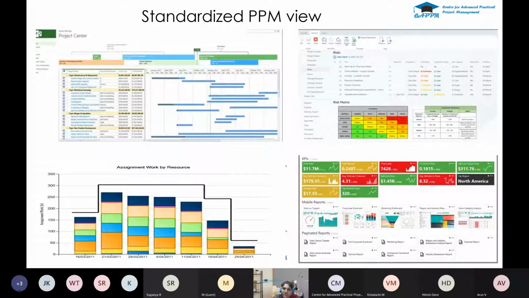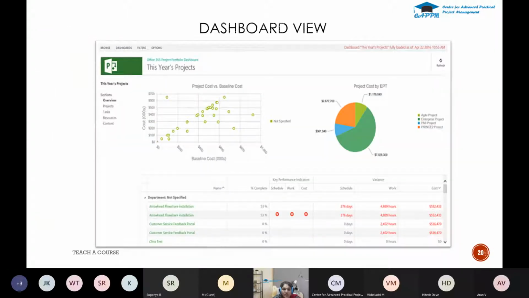This is the Microsoft Project Server view, where you have the project with the Gantt chart and the risk management view. And here you have the resources allocated in your project. This is the graphical view, and this is the dashboard view of your project, with all the project related information on a single page.